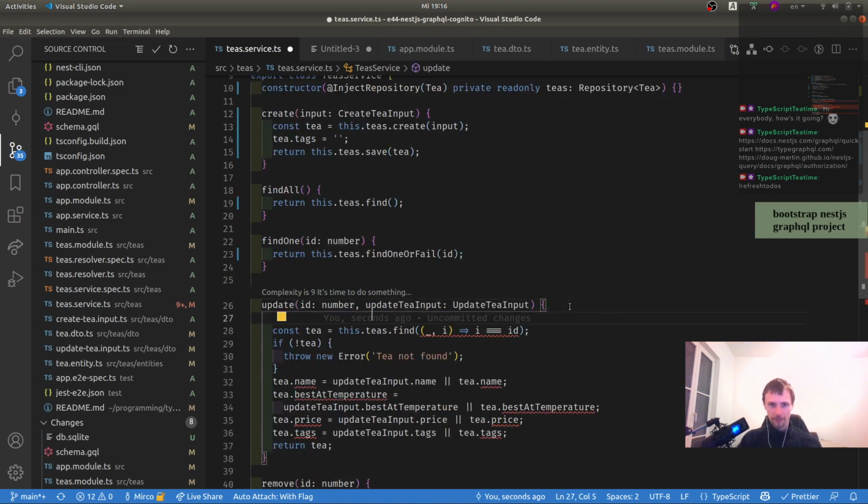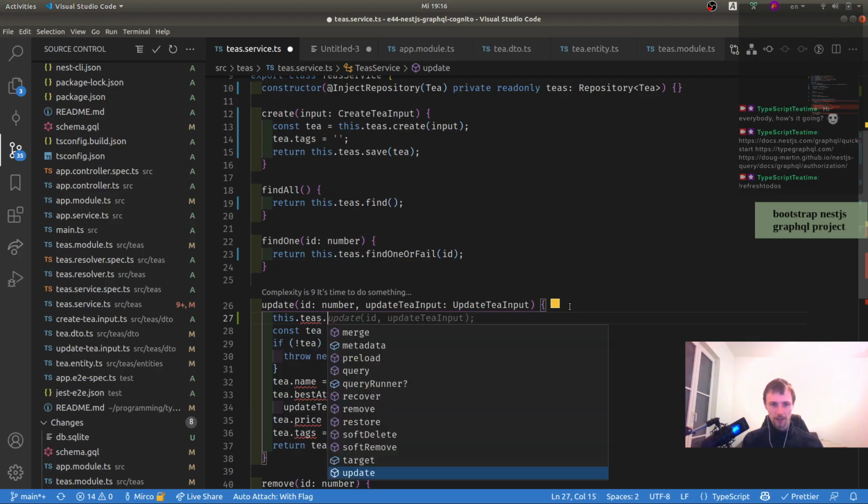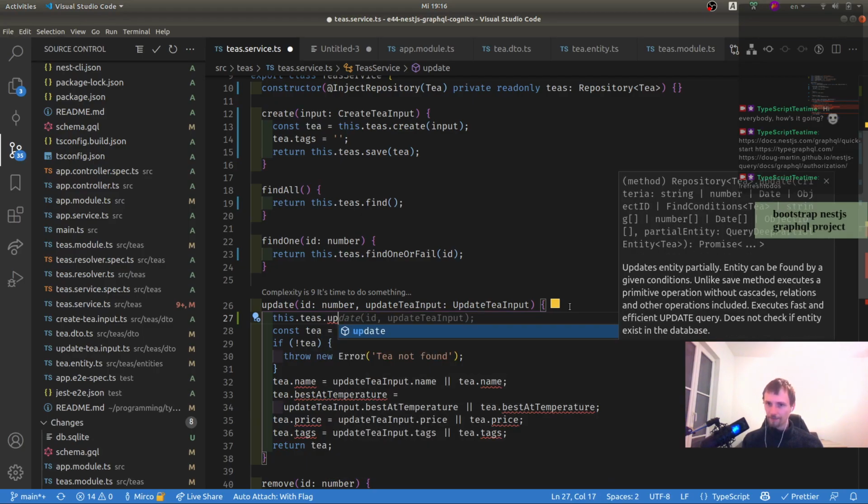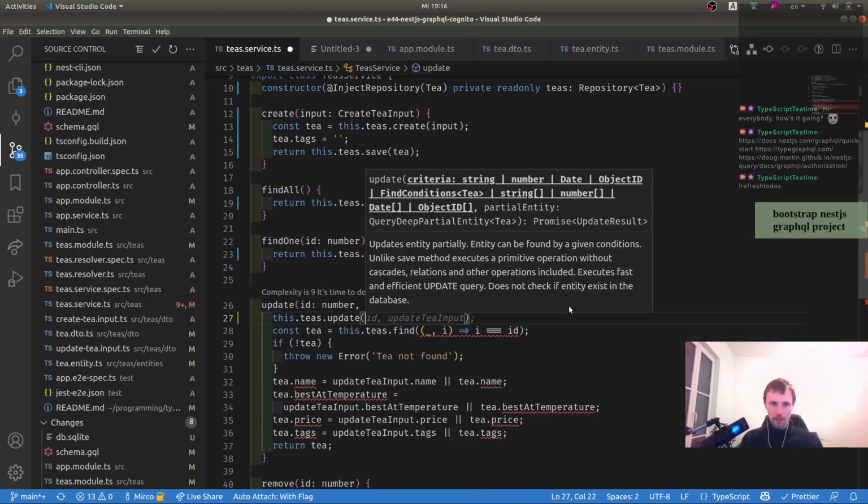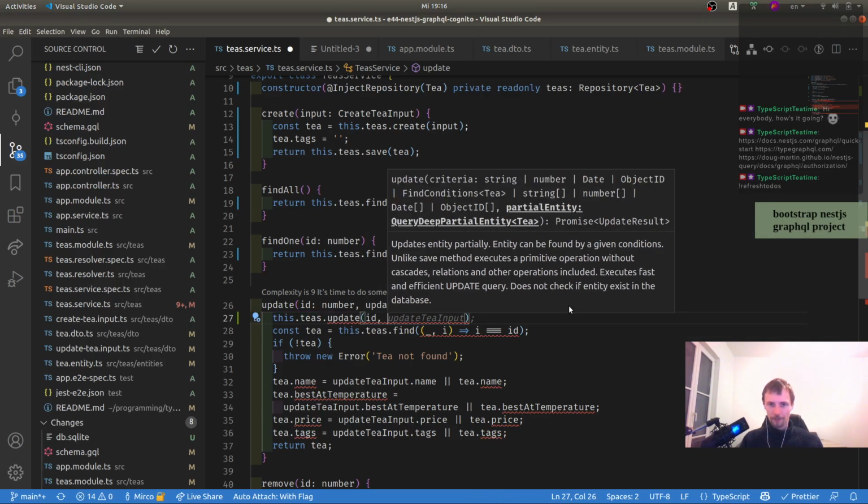Update. See, what do we do with it? We can say this.t.update. Updates entity partially. Entity can be found by the given condition. Unlike save method, executes a primitive operation without cascades, relations, blah blah blah. Okay, I think that works. We take the ID as an identifier, and we